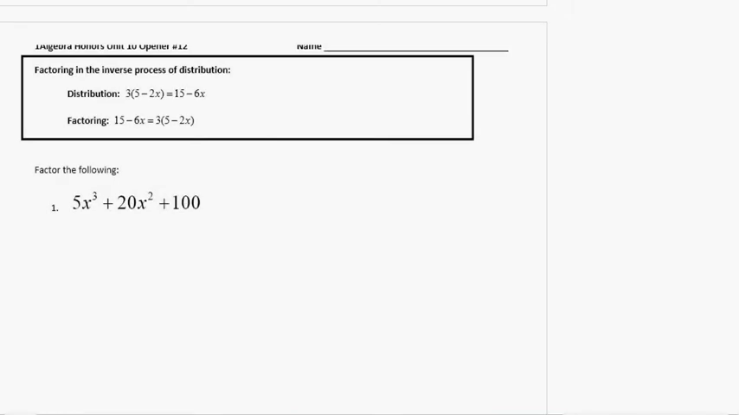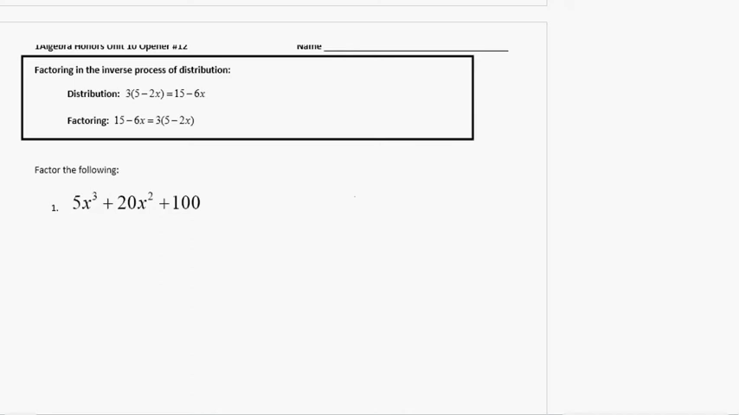So we're going to do Opener 12, and we're going to learn about factoring. We've talked about it a little bit before, but factoring is just the process of undistributing, much like if you have x squared equals 16 and you want to undo the square, you square root. That's the same here. If you want to